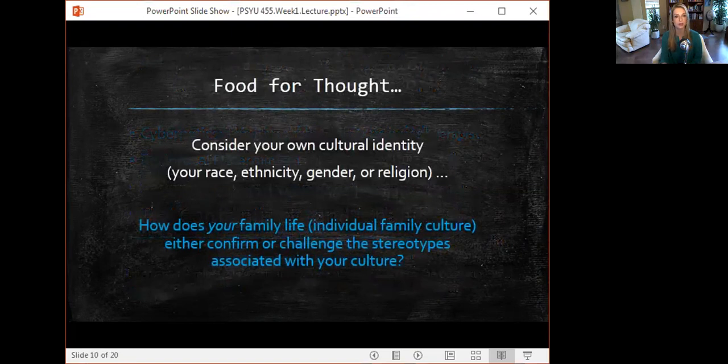So, leaving this chapter, I really want to leave you with this food for thought. If you take into consideration your own cultural identity, your race, your ethnicity, your gender, your religion, think about how your family life, your individual family culture, either confirms or challenges the stereotypes that are associated with your culture. If a family therapist was working with you and your family, what are the things that they would